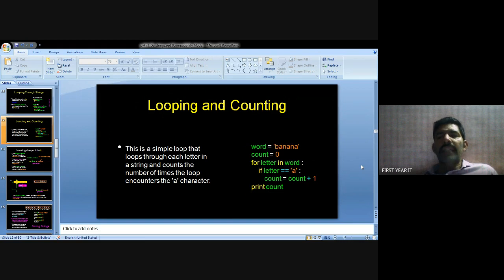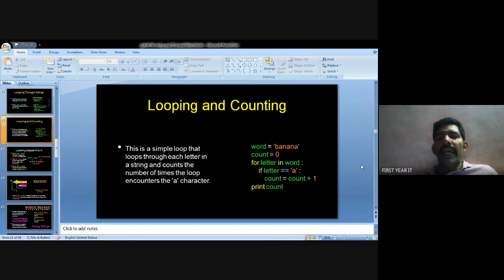So the letter is the second letter, A, in the word. Okay, so letter equal to A means A equal to A. This is true. True means go and add count equal to count plus 1. Again the condition is checked, and the condition is false. After that again the condition is checked, and the condition is true.